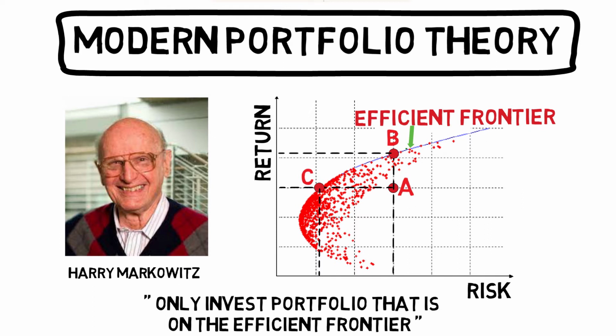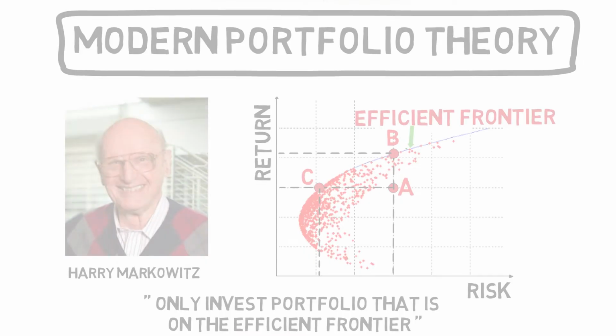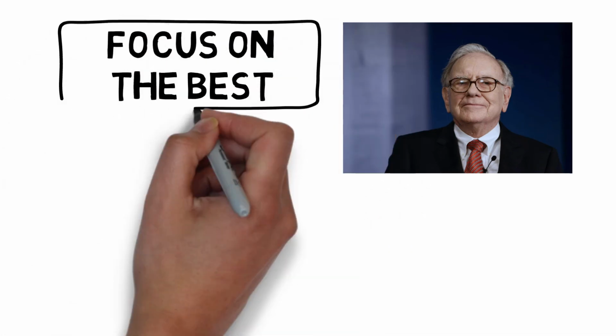It seems perfectly explained why we need to diversify our portfolio to optimize the risk and the reward level, and aligned with the traditional wisdom of "don't put all your eggs in one basket." But wait a second, here's what Warren Buffett claims. "We think diversification, as practiced generally, makes very little sense for anyone that knows what they're doing. Diversification is a protection against ignorance." Why would the most successful investor in history go against diversification?